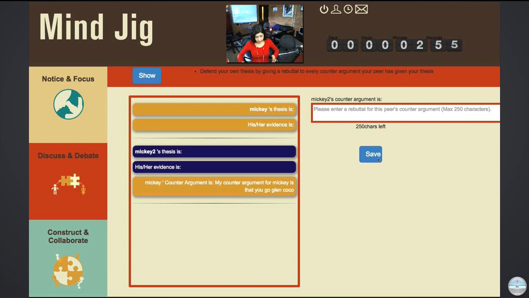You may rebut this counter-argument by saying something like, while movies like Frozen challenge traditional Disney ideals, they still continue equating the idea of love with princesses and royal idealism, which in itself is an unrealistic romantic ideal. So here you're agreeing with part of the argument. You agree that movies like Frozen challenge Disney ideals, but you don't agree with the latter half of that counter-argument received. So here you're defending it,